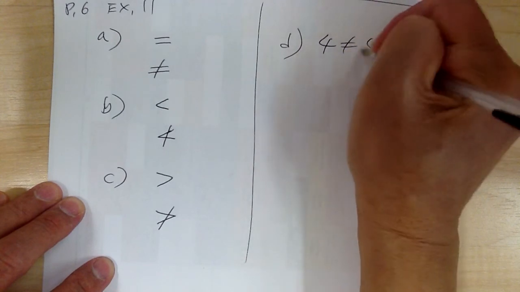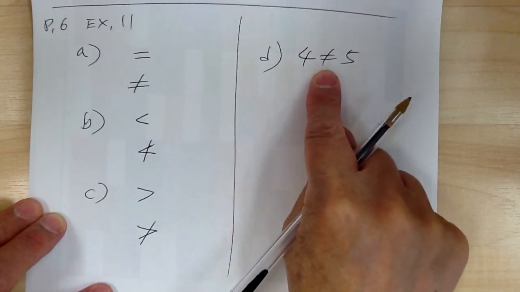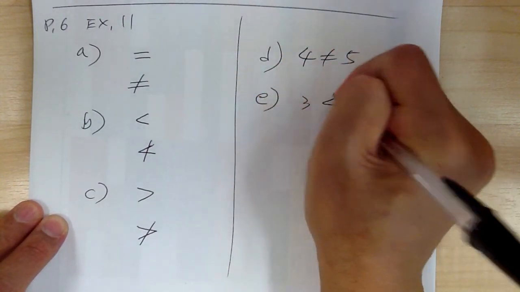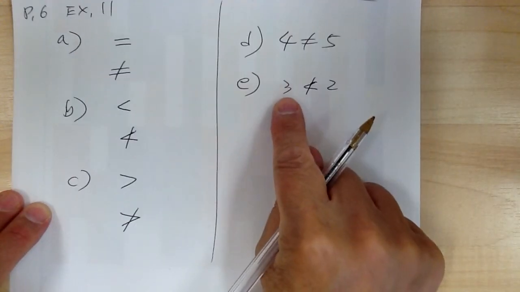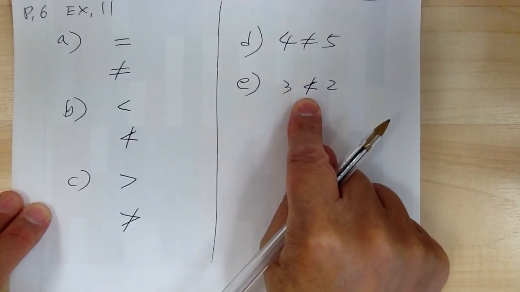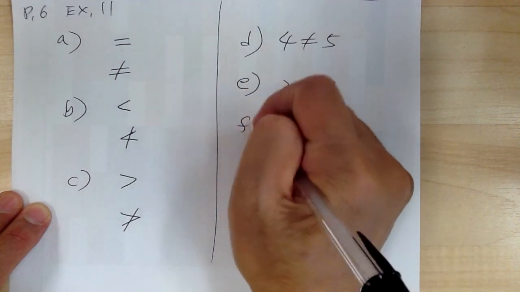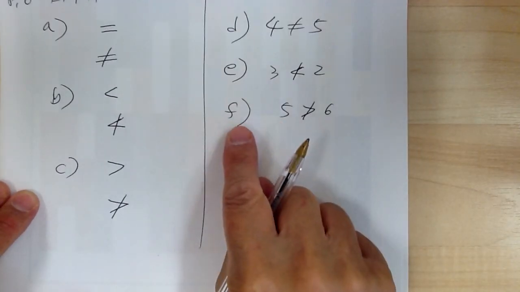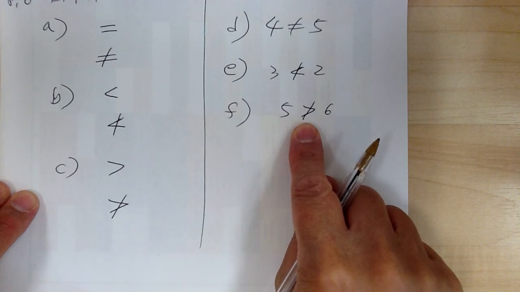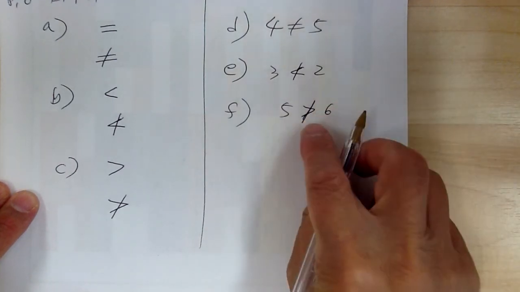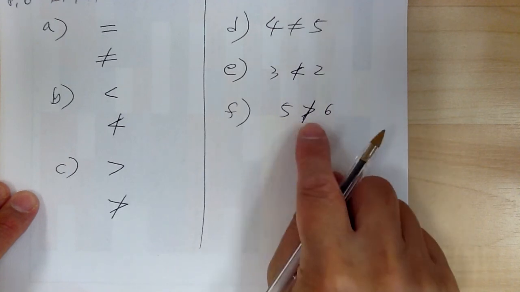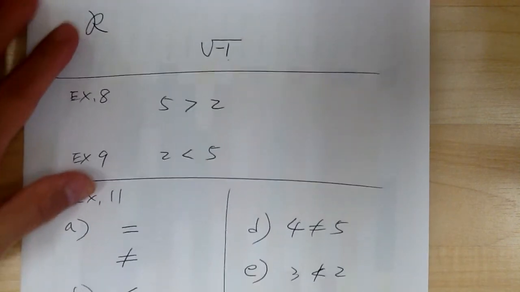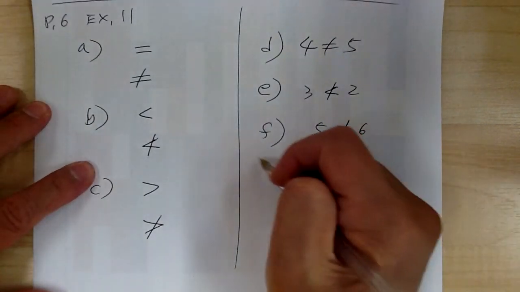4. So the way to read this is 4 is not equal to 5. Okay. E. The way to read this is 3 is not less than 2. Okay. F. 5. So for example F, 5 is not greater than 6. So again, the slash through means not. So 5 is not greater than 6. Okay, so let's go ahead and do some practice. So the assignment would be